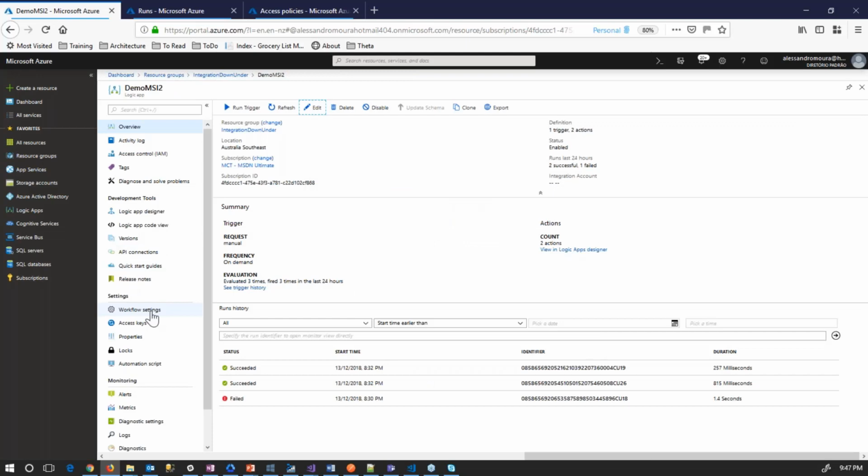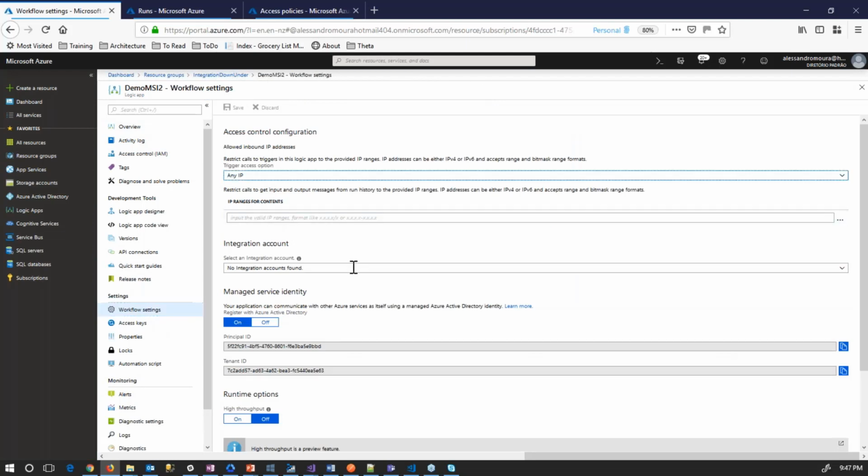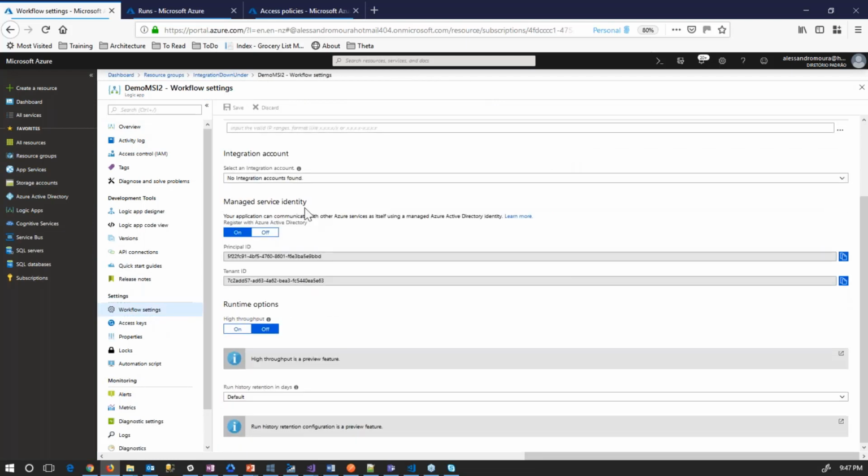So first thing to work with MSI, what I need to do is to come here in the workflow settings, and I'm going to enable the managed service identity. So just click on the on button. This is going to be registered in your Active Directory. So an identity is going to be created there. And when you want